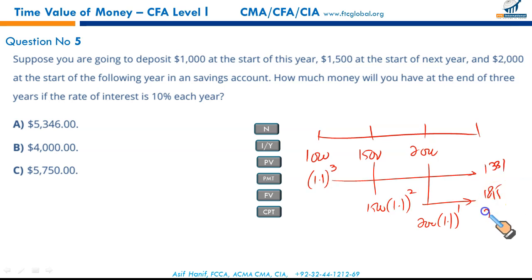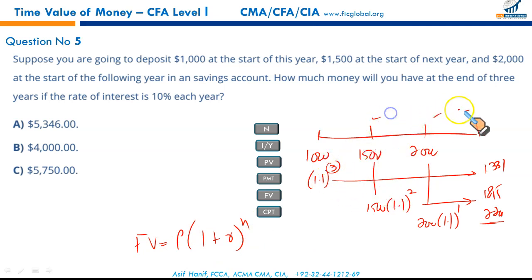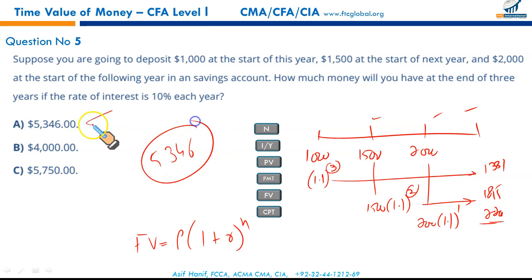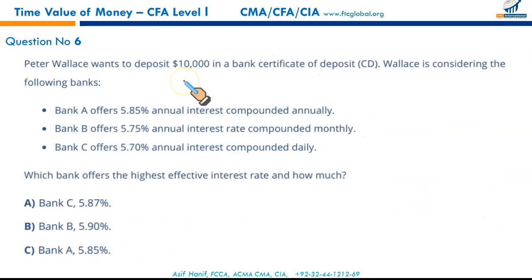If you add all these future values, these uneven cash flows were taken to the future using this formula. I'm sure you remember, FV is equal to P into 1 plus R raised to the power N. So for this, 3 periods into the future, year 1, 2, 3. For this, 2 periods into the future, year 2 and 3, and for this, year 1 only. So added all these, 1815, 1331, 2200 gives you 5346. So the future value of these uneven cash flows is A, 5346. Gentlemen, speed and accuracy, that's what you need in professional certifications, speed and accuracy. And that's what our agenda is.